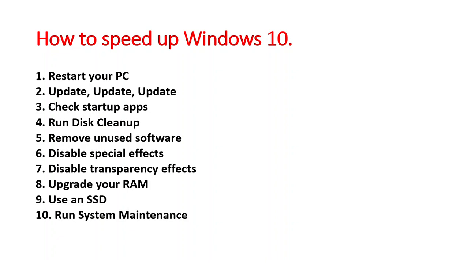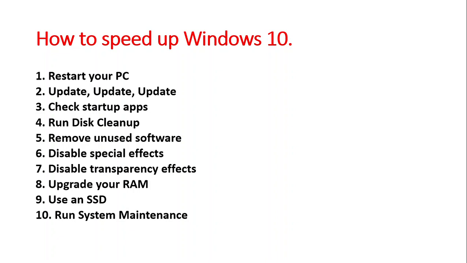So you need to shut down your PC each and every day once you are done with your work. If you do, this may not slow down your PC. And if your PC gets into a really bad situation, where it becomes so slow that you cannot see the Windows screen, then you need to hold down the power button until your PC shuts down.